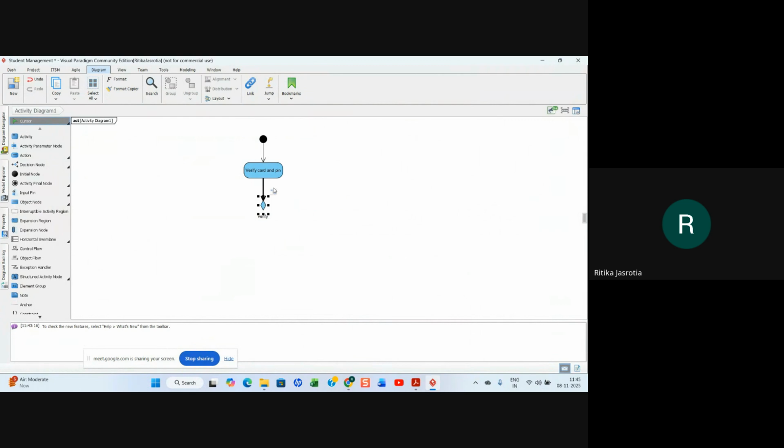Now in the verify, one action or one activity is this, and we can have another one. So I'm just shifting it to here, right? So this action one, here you can change it.